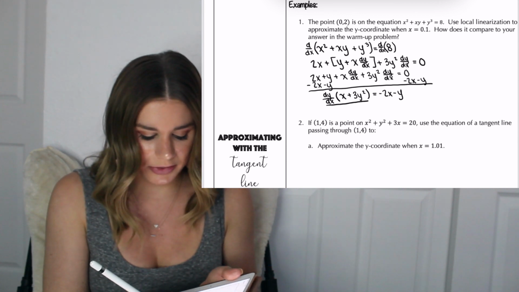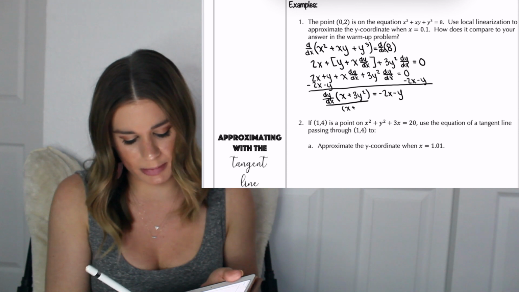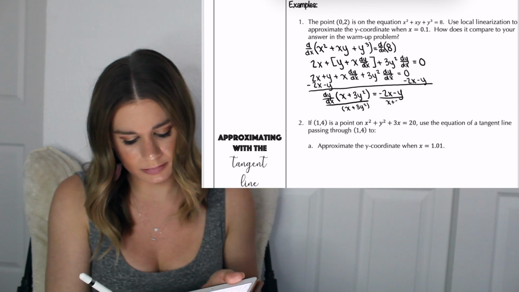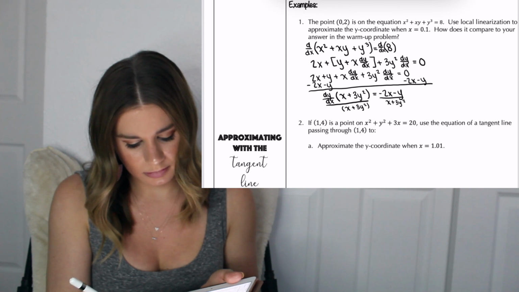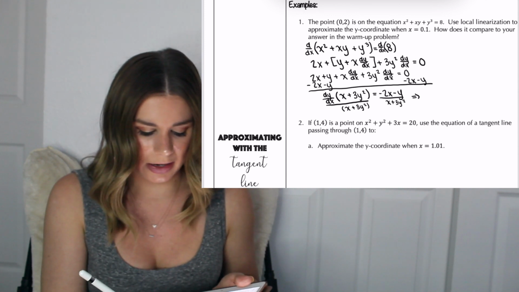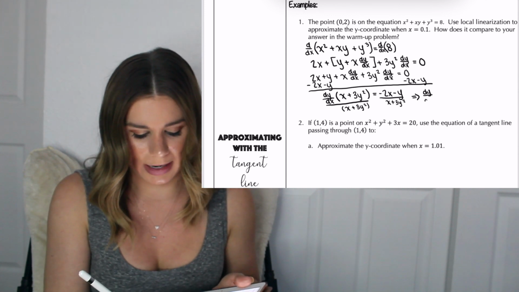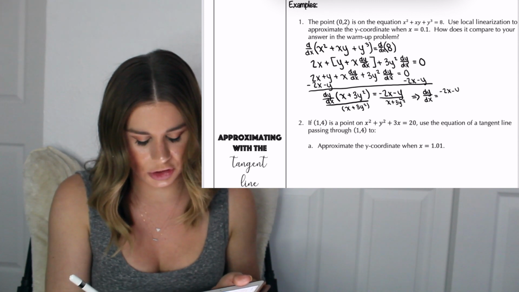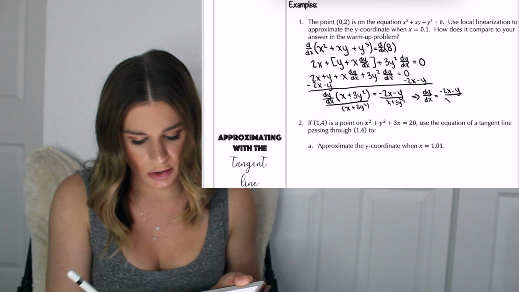Okay, and then my final step is just to divide both sides by x plus 3y squared. And I have now solved for dy/dx, which is equal to negative 2x minus y over x plus 3y